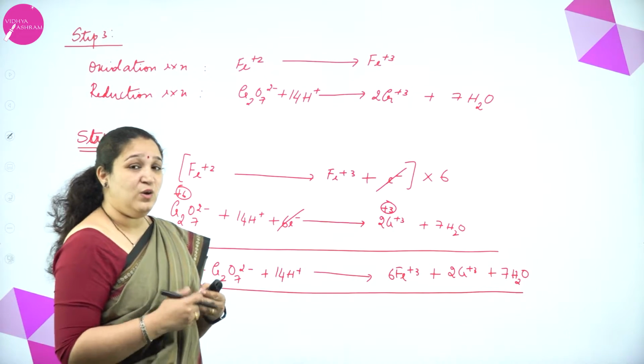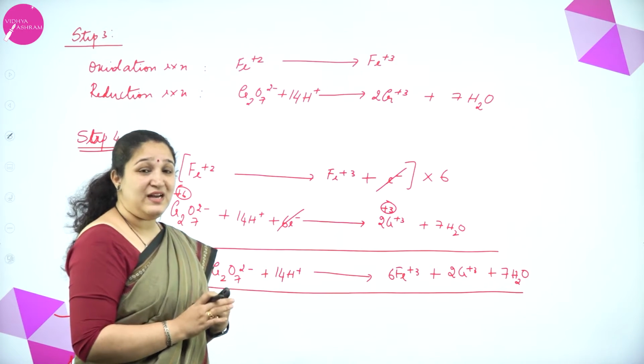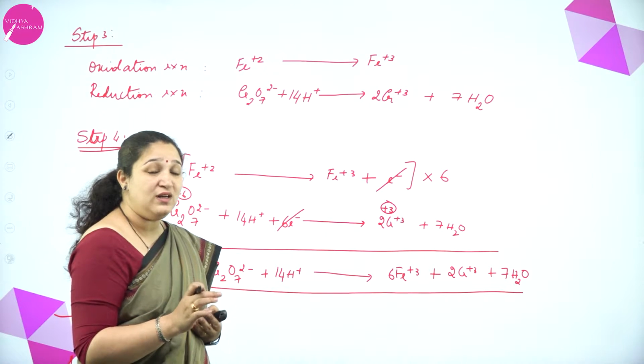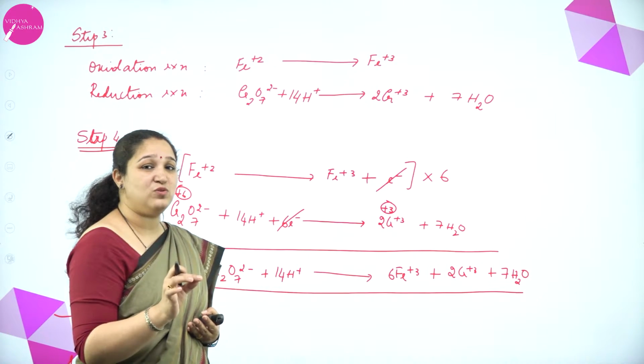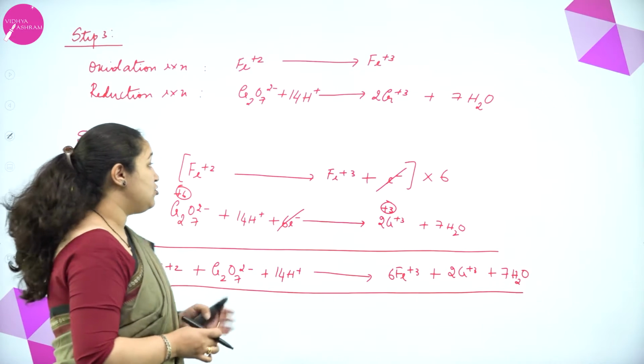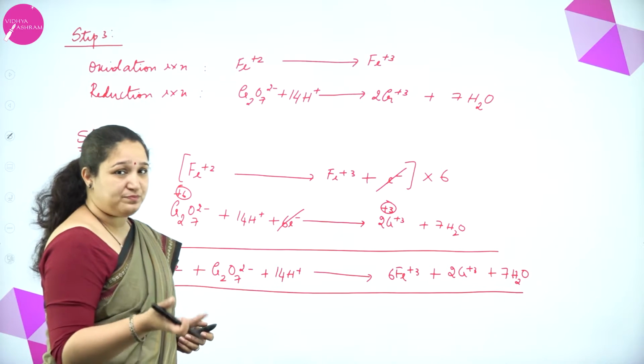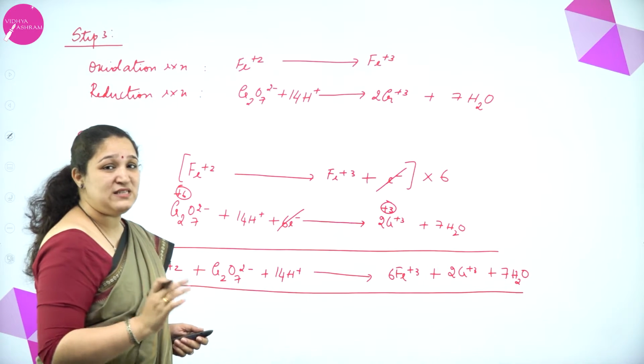So we have one extra step, that is the charges that are there. It is balanced by using what? The electron. That's why we call the name as ion electron method. Okay. So I hope you have understood this particular method. One more we will do with basic medium.